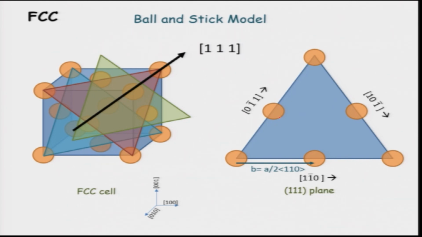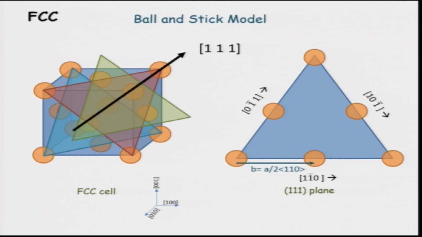With this particular 1 1 1 orientation or 1 1 1 plane, we can call this the 1 bar 1 0 direction, this the 0 bar 1 1 direction, and this the 1 0 bar 1 direction. So, these are these three directions. If you again look at the blue plane, we are talking about this direction, then this direction, and then this direction. These are the three directions shown over here. We will come back to this, because we will need it again and again.